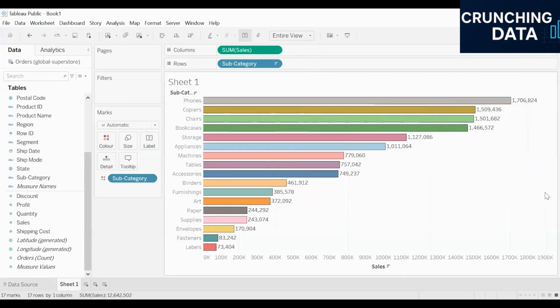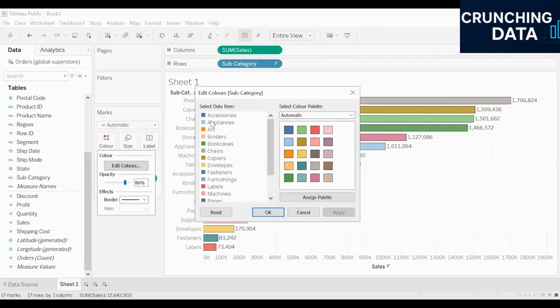This would then fit my visualization into the entire view. If you want to change the colors now, you can again click on the color option, go to the edit color option, and this time it would give you the list of all the items that are present. So it is giving me a list of all the subcategories, and over here I can change the color